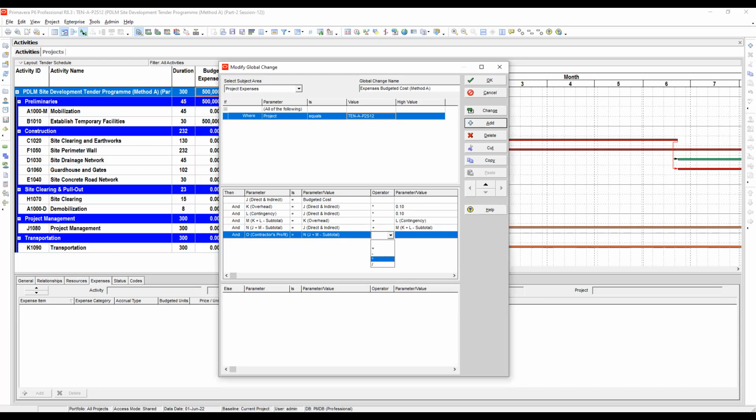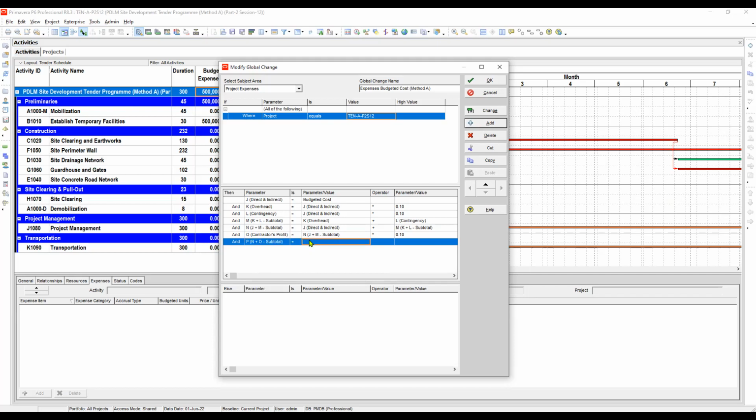No, for contractor's profit, N should be multiplied by 10%. So it should be custom, this one, 0.10, right? And then add, and then we have the P,